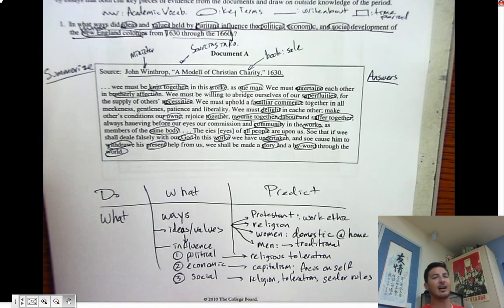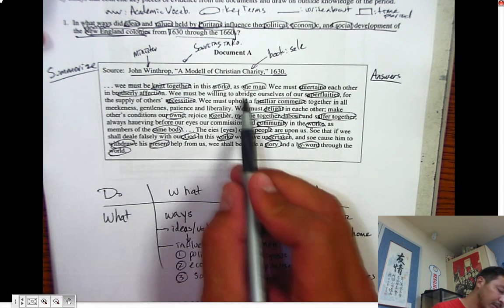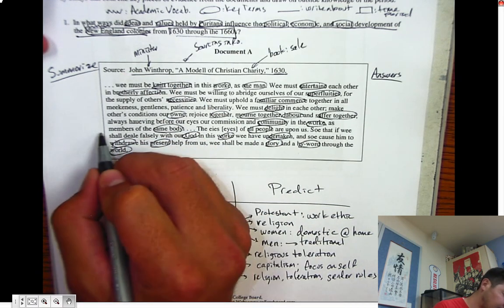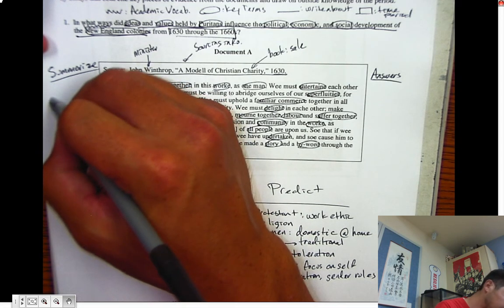All right. So he's kind of saying that we need to work together because, guess what? Everybody's looking at us to be successful. So that's what I'm going to say over here. So we met together, and so on. First thing he says, it ends with these ellipses, and basically this is that Puritans